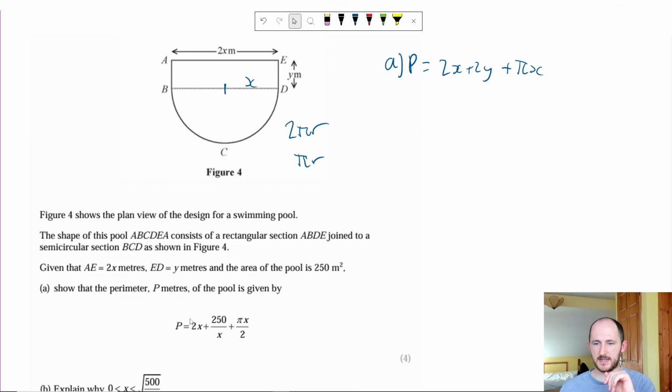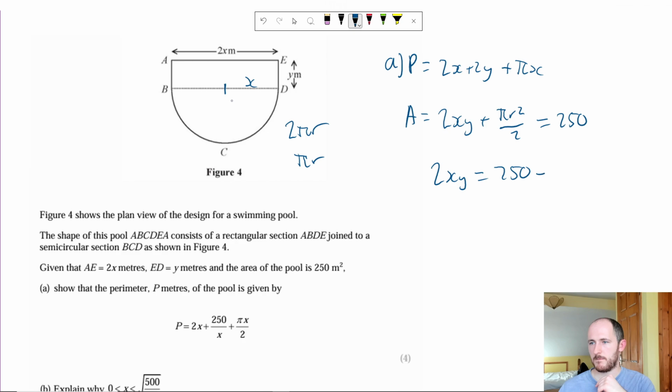Cool. That obviously doesn't look anything like that, but that's because they've given me the area. The area is honestly completely fine. The area is equal to, so with the rectangle, 2x times y, so it's 2xy, plus pi r squared, but again, it's that we want half of a circle. So pi r squared over 2 equals 250. Okay, and we want to rearrange for y, so let's move that over. Yeah, we just do that, yeah. 250 minus pi r squared over 2. Divide by 2x, we get 250 divided by 2 is 125, so we get 125 over x